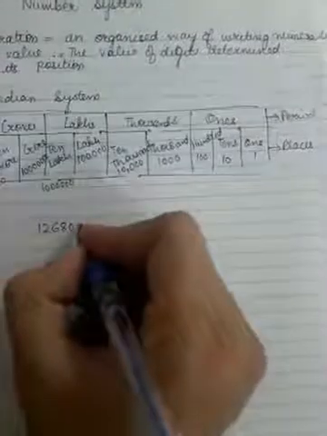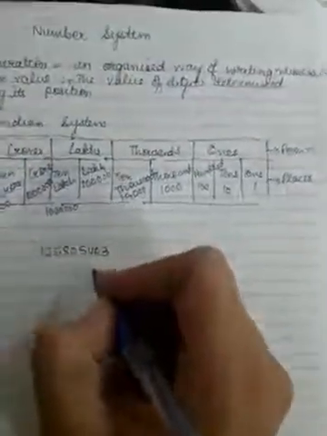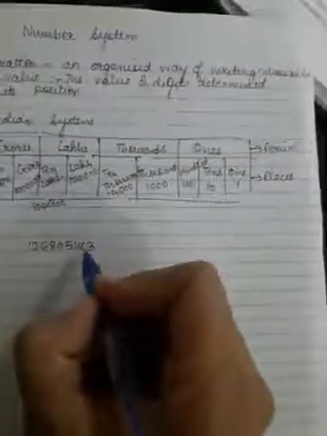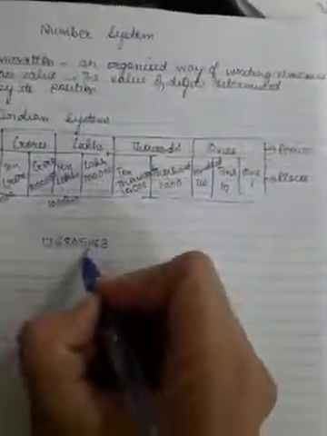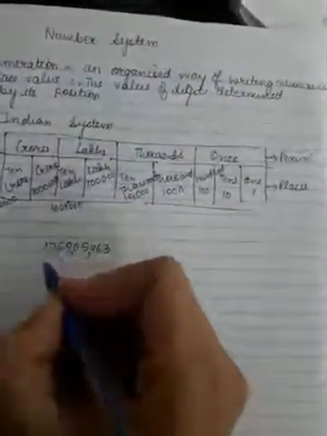You all know this. Now I have a number 1 2 6 8 0 5 4 6 3. I have to put commas according to the Indian system. So what I do, in the first period I have 3 parts. So I count 3 digits, 1 2 and 3. Comma is here. In thousand I have 2 parts, 1 2. In lakhs again 2 parts, 1 2, and this is how I insert the commas according to Indian system looking at this table.